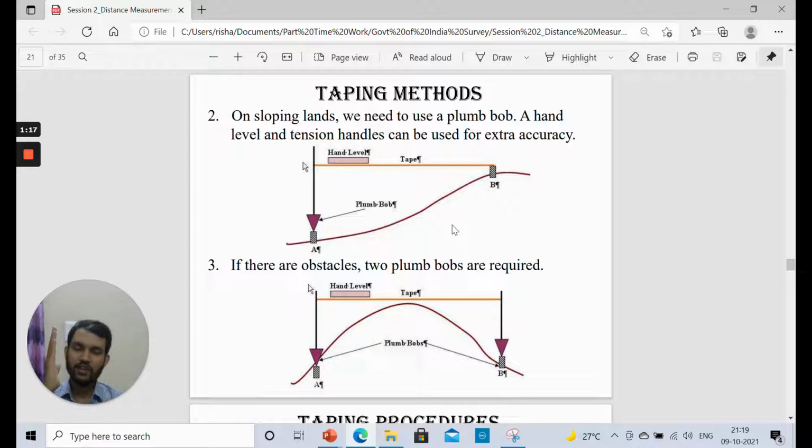Okay, because if we are using it on both sides, then it may get difficult to balance, because on both ends you are holding a hand level. Though they are different persons, from both ends tapes are being held and hand levels are also being held, so it may get difficult. So what you can do is measure the horizontal distance from point A to the topmost point of the hill using a hand level at one end and a plumb bob, and then from the topmost point to station B again. Once you get these two horizontal distances, you can add them up to get the final horizontal distance between these two points. Okay, so this was it.